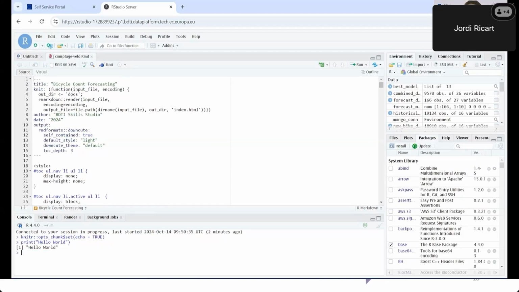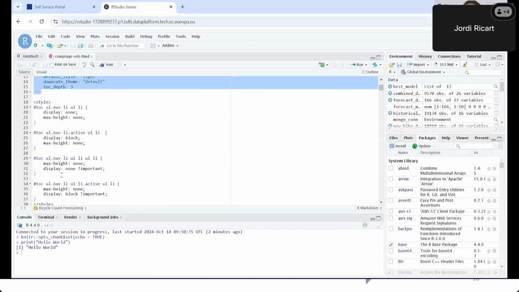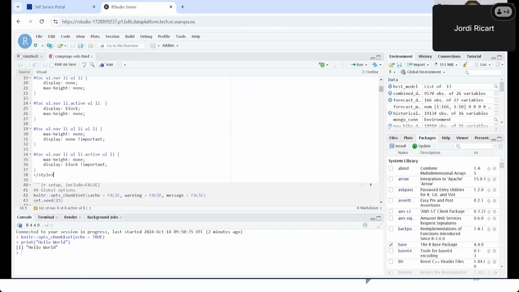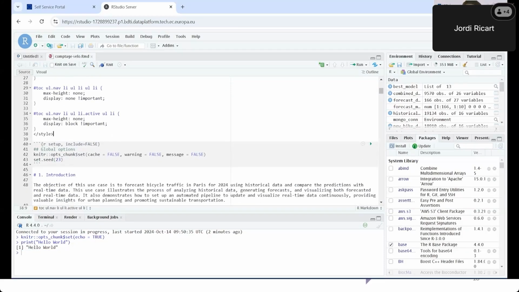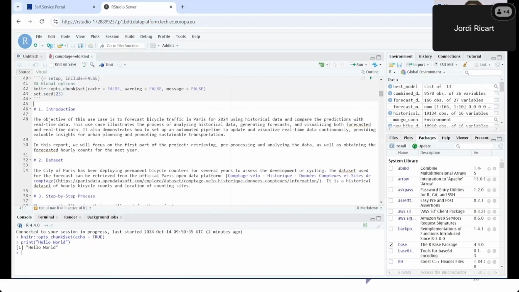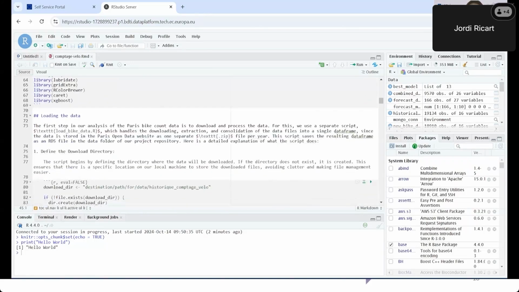So here's our markdown. We see here again the metadata in the YAML section, YAML header. Then we have included some extra style options. These are 100% not needed. Then we can set the global options. We have set some options for knitting that just don't include the cache, don't include the warnings when we knit the document. But we have hidden this from the output, so we include equal false. Then we have some text, and then we're going through each chunk of code and explaining what it does.